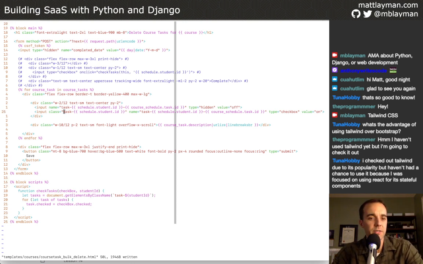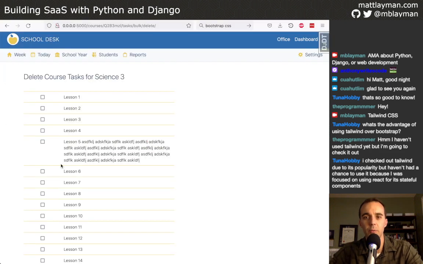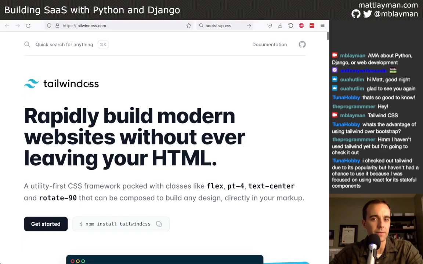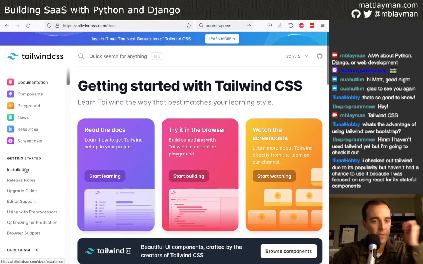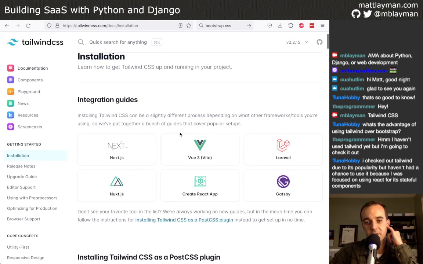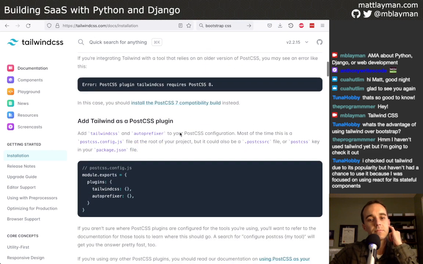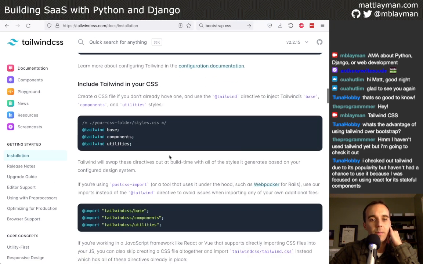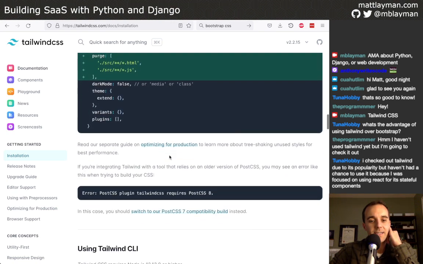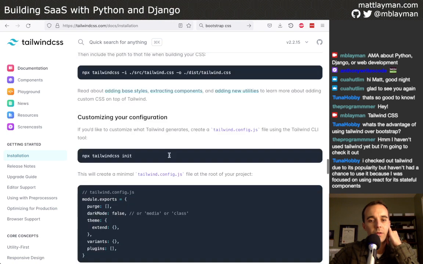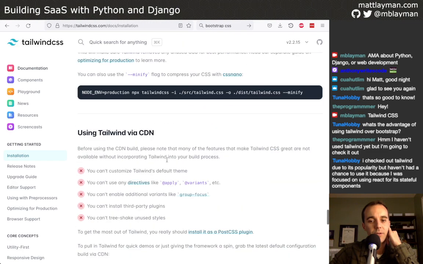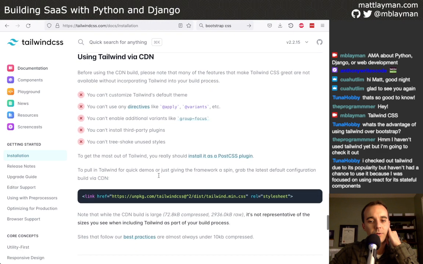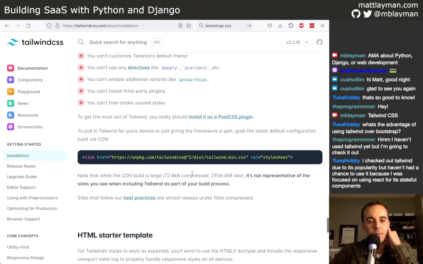The other thing to note here is that Tailwind by itself is like, if you were to go to the website, and I think they might even talk about this. So let's take a peek at the documentation. And if you install it or use the CDN, where does it talk about it? I'm looking for how much the size is. It might be with the information here. Yeah. So